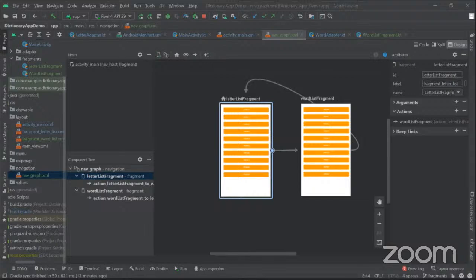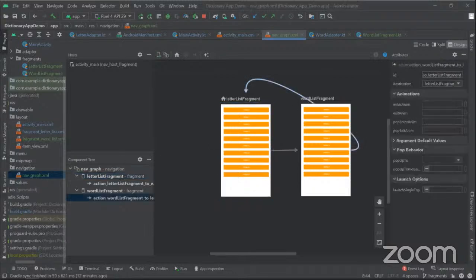Navigation supports the passing of parameters between destinations, and it does this in a type safe way. So I'm just going to select the word list fragment's destination, which is this, and then under this